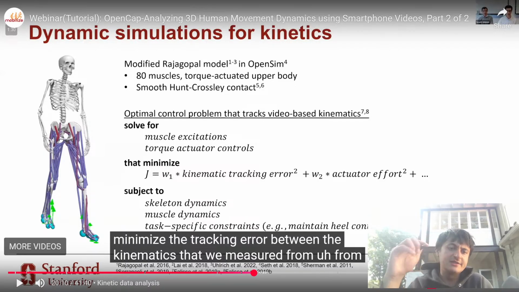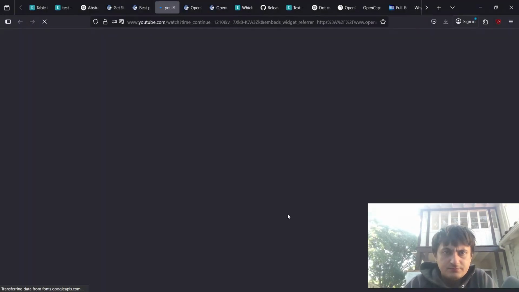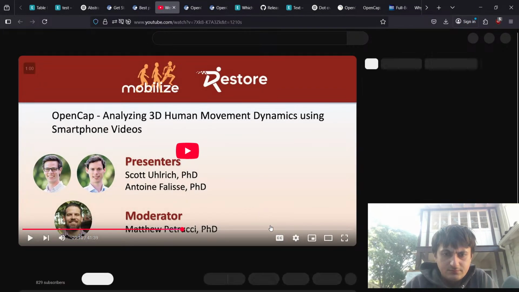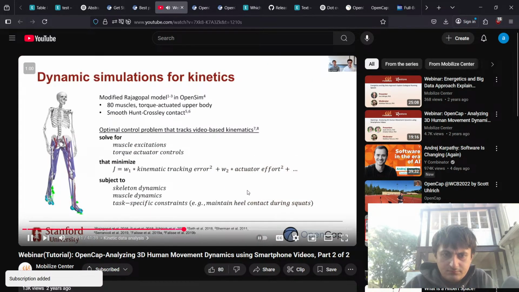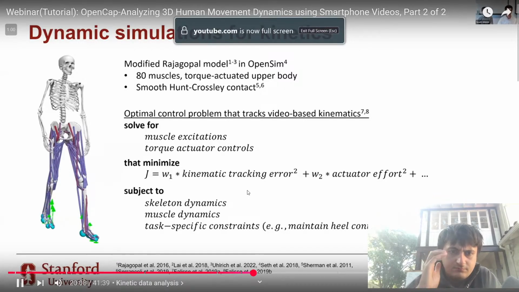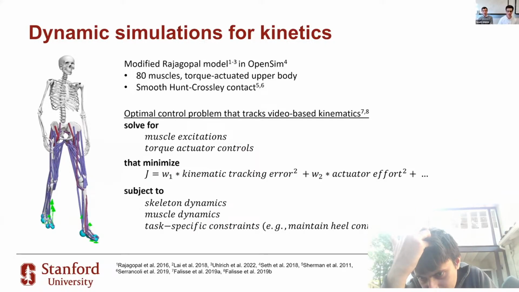All right, there's a lot in this slide. We minimize the tracking error between the kinematics that we measured from the video and the simulation's kinematics, as well as the squared effort terms of all the actuators. And this is subject to some constraints like the skeletal dynamics, the muscle dynamics, as well as a few task-specific